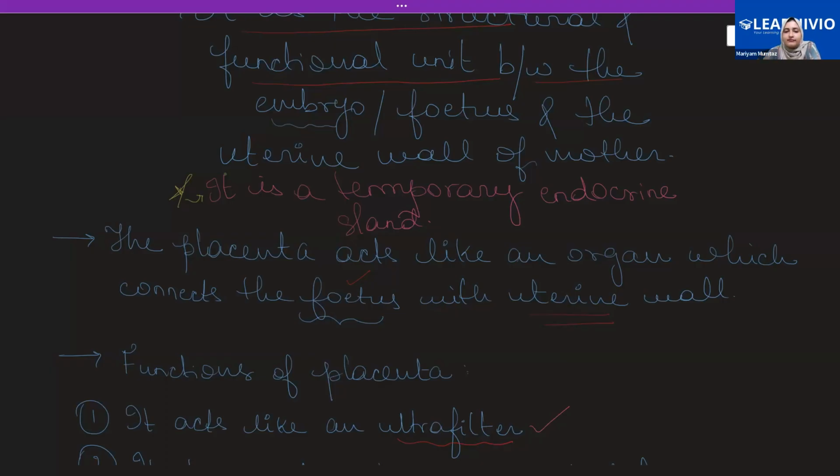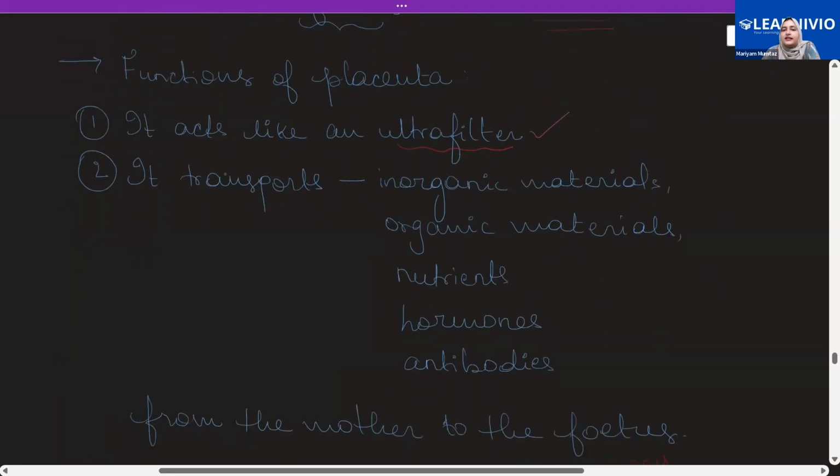Now the functions of the placenta: it acts like an ultrafilter, meaning that everything that reaches